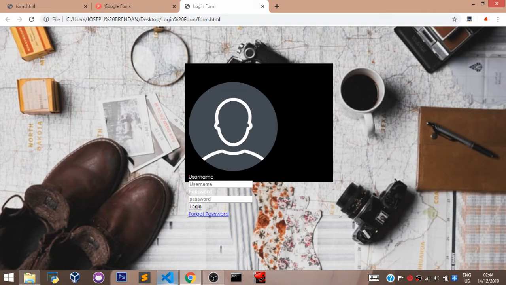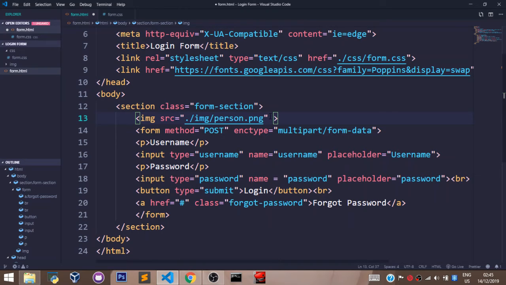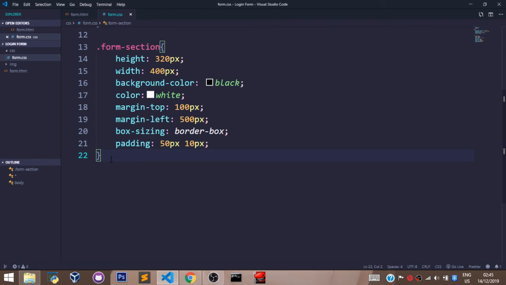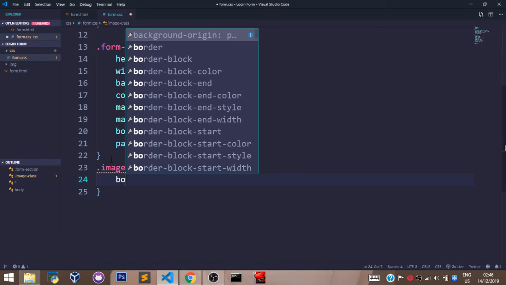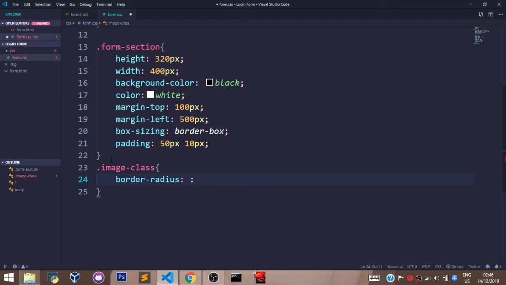So to style this image, let's get back to our CSS file. This image has no class attribute for now. So to style this image, I would want us to set a class attribute with a value of image class so we can style this image. So to do that, I'd say class image class, save that, head back to my CSS file, and I'll say image class, and I'll say border radius, set that to 50%,